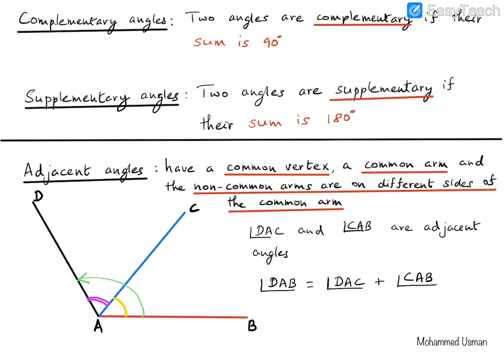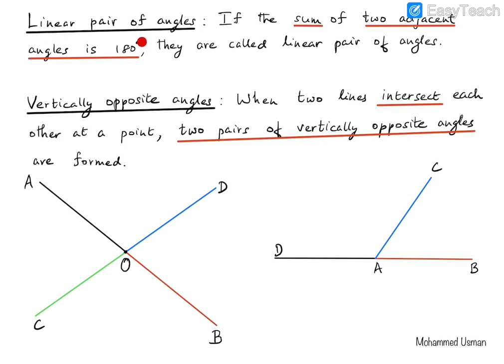Next, we can have a situation where the non-common arms of the adjacent angles form a straight line themselves. If that is the situation, then the two adjacent angles are called a linear pair of angles. So what is the meaning of a linear pair of angles? If the sum of the two adjacent angles is exactly equal to 180 degrees, that means the two non-common arms